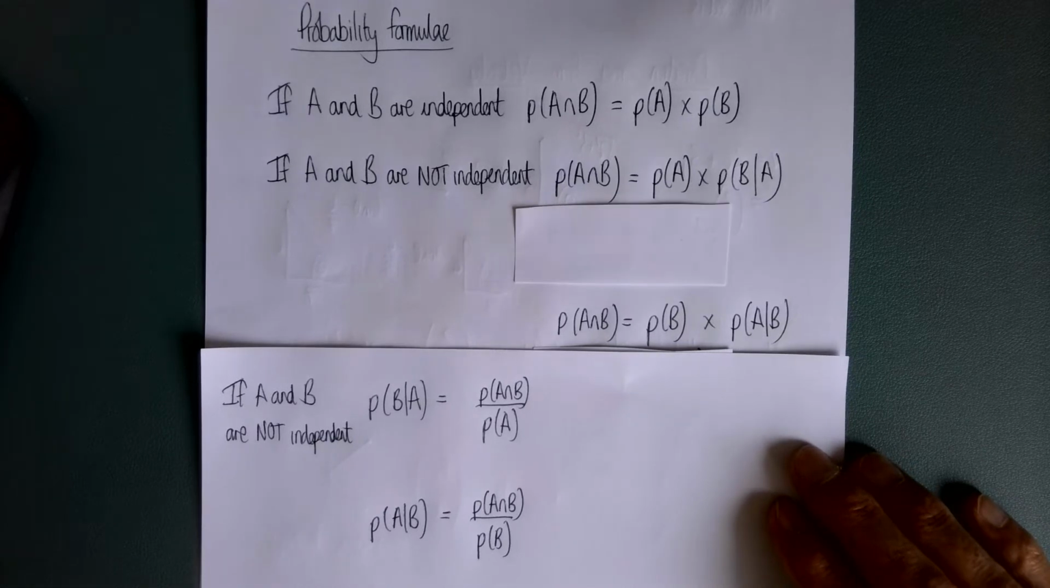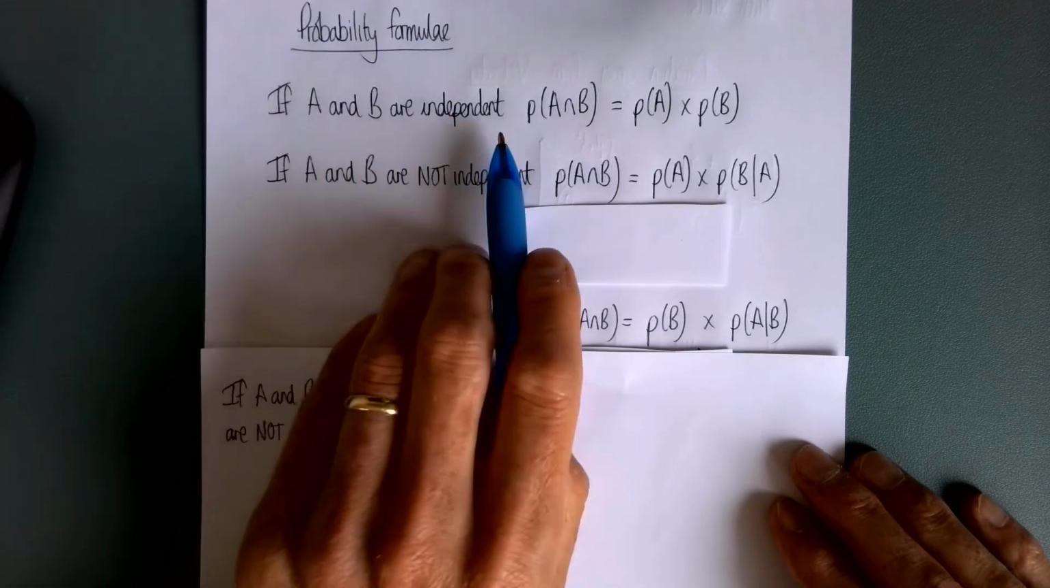Okay, so a quick video on probability. We haven't really done any probability revision together, and in particular the formula that you come across. So I think the two most important formulae you come across are, firstly, if A and B are independent, the